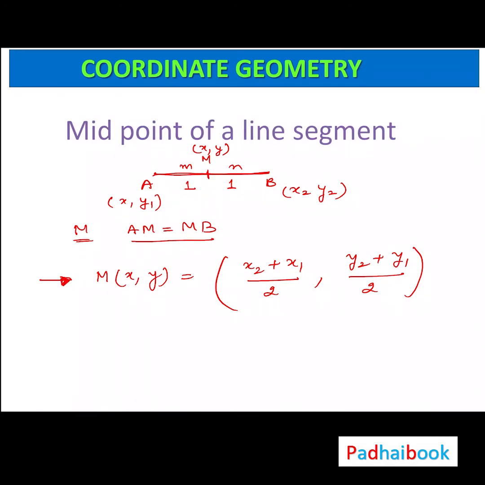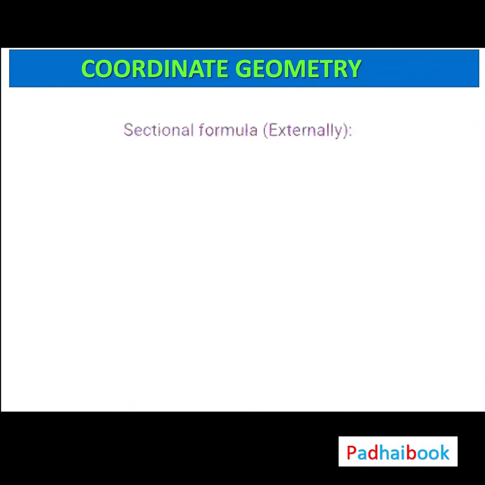Right? I hope this is clear to you. Now, this was the formula when a point divides a line segment internally in a given ratio. Now, what happens if it divides a line segment externally? Then